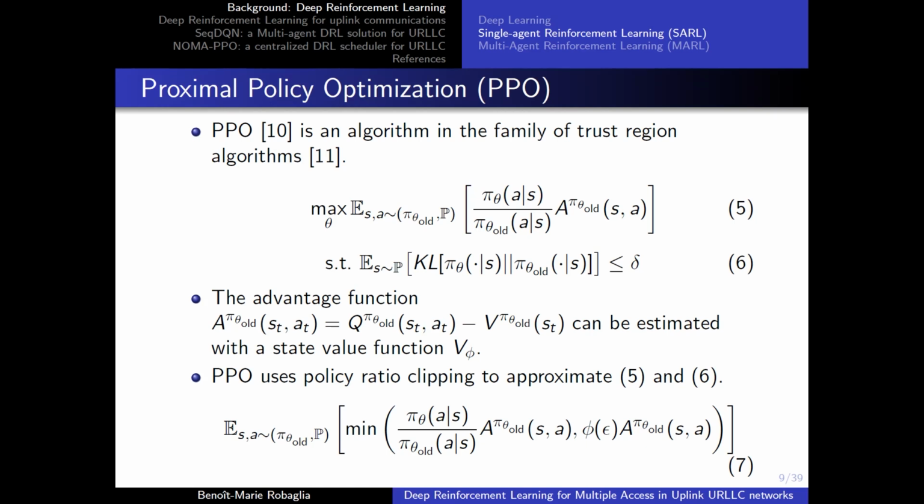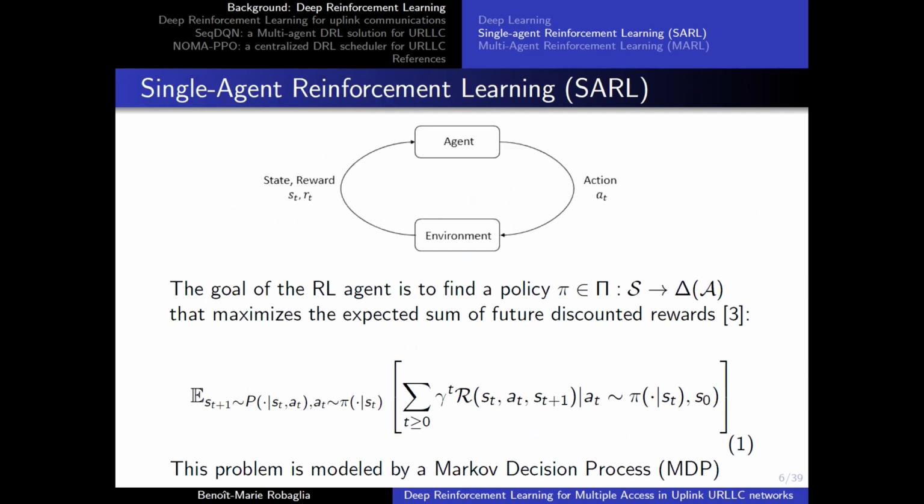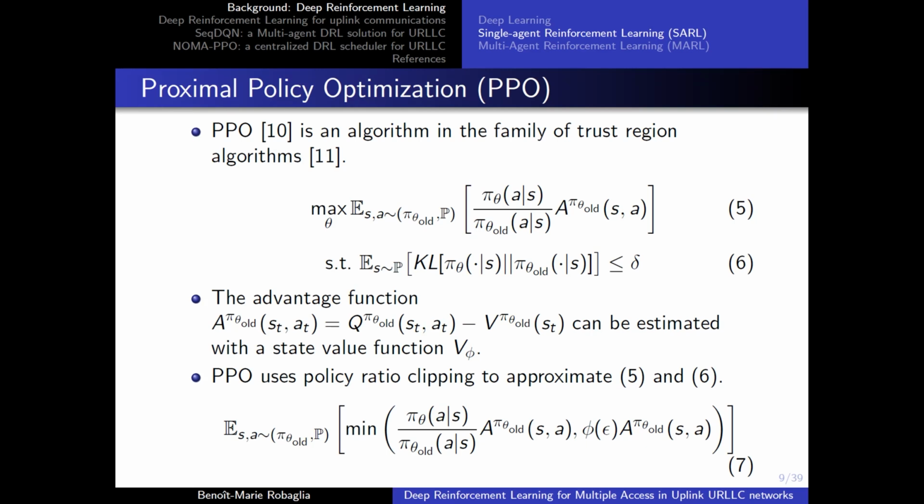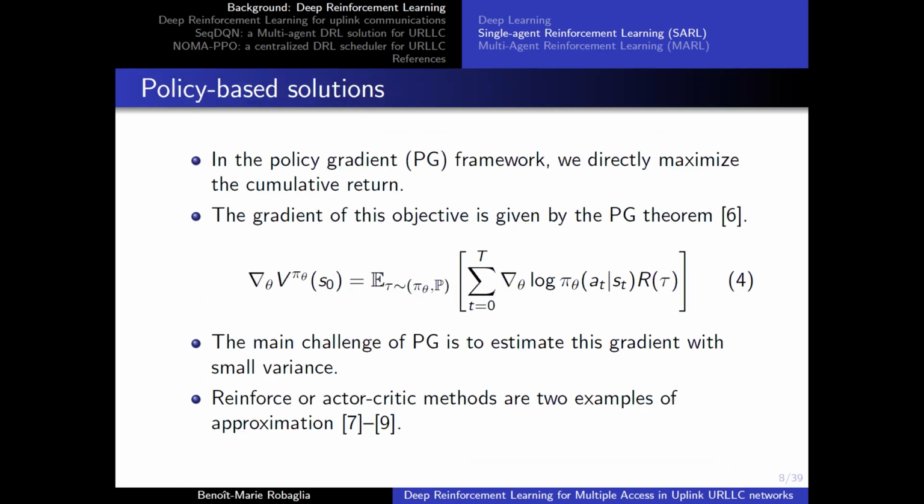What do you use for the first term? For the first term, it's what they call a surrogate objective. So it's very close to this term. The difference is that we don't want in the expectation to have your current policy because you want your previous policy, so you can do multiple gradient updates. So you do importance sampling, so you can rewrite the expectation, and you add the advantage function instead of the sum of expected reward,